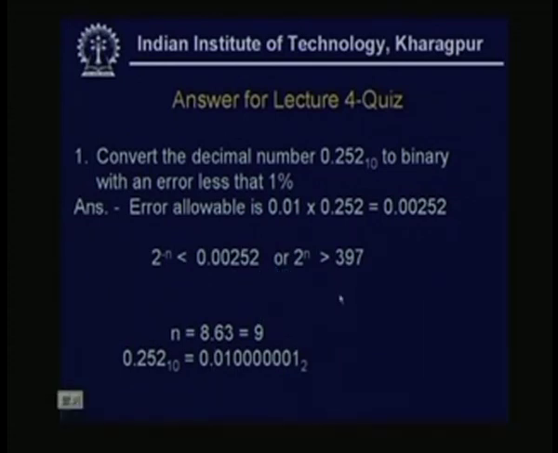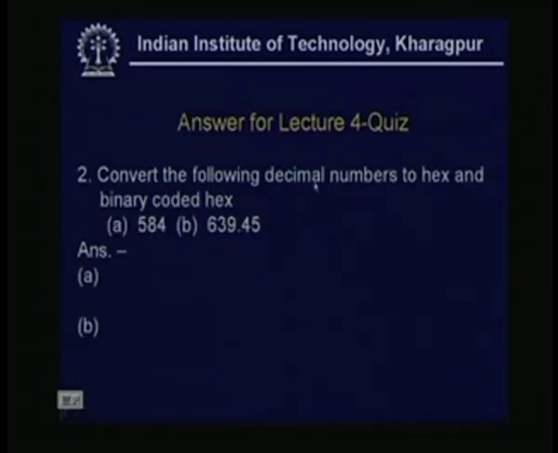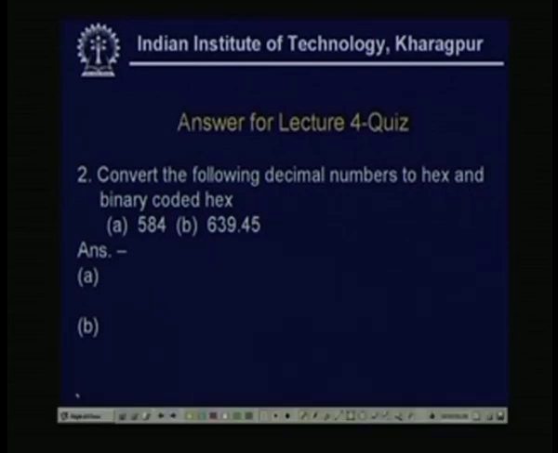Now, we see the next question. Next one is to convert the following decimal numbers to hex and binary coded hex. The first one we see is 584 is the number. Now, 584, if I